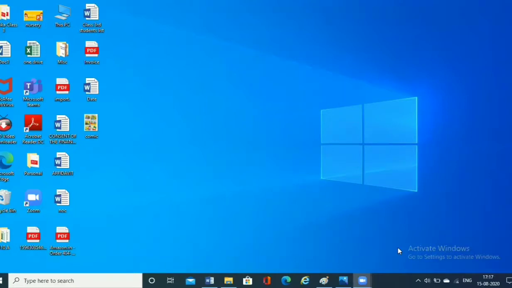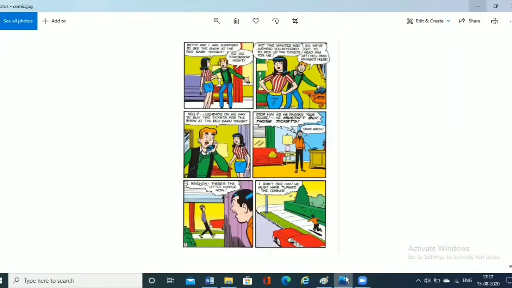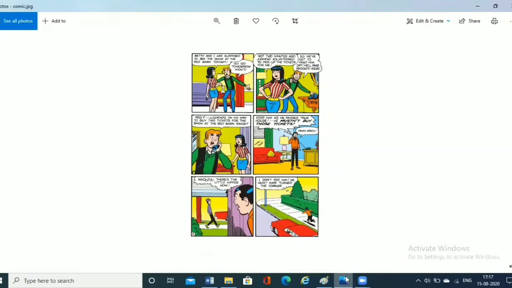Likewise, in a comic book, if we want to write the thoughts or the dialogues, or for a pictorial illustration, we generally use these callout shapes. Here in front of you is a page of a comic book. Here there are the dialogues which are written in boxes, which you can see. These are the different shapes or the different boxes. These shapes or boxes are known as callout shapes. So with the help of these callout shapes available in MS Paint, we can actually go ahead and create our own comic book page.